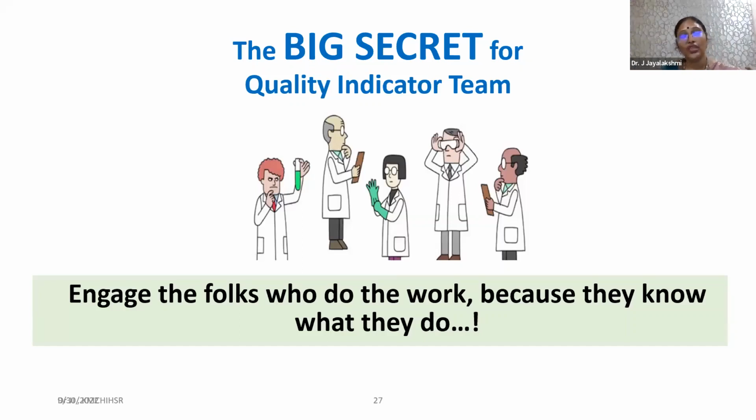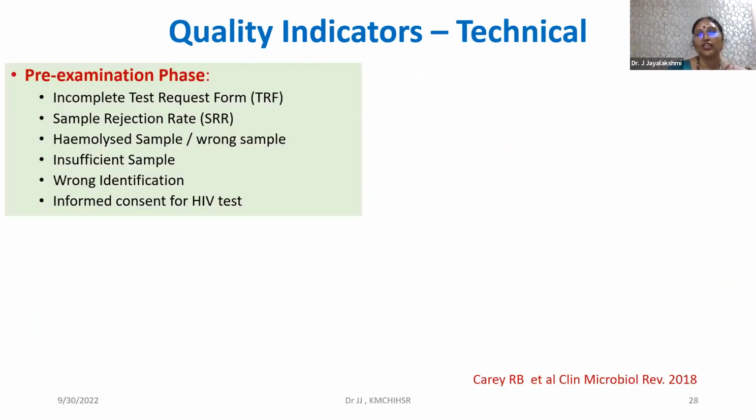Okay, and then work on them. So that will be the best way of doing your quality indicators, rather than just randomly picking the easy to do one, or the one which does not give you any issues. These are a few examples. Of course, the Clinical Microbiology Review 2018 is a very beautiful document that you should all